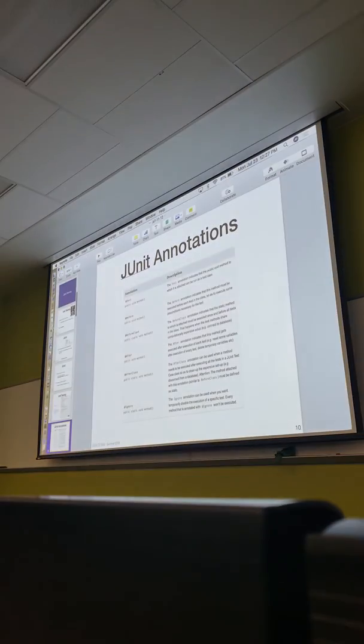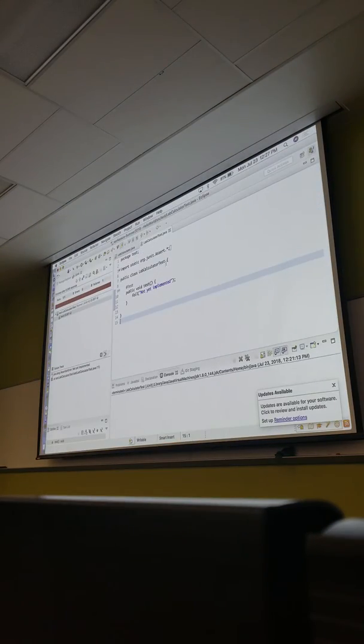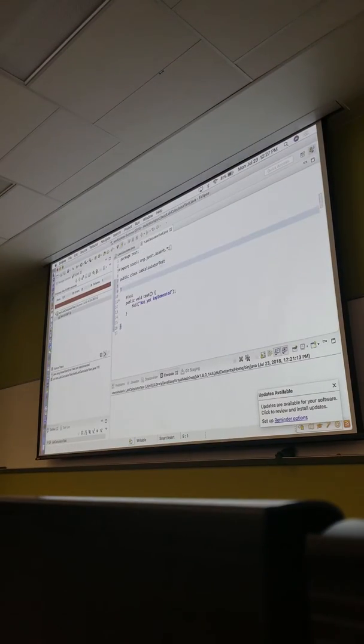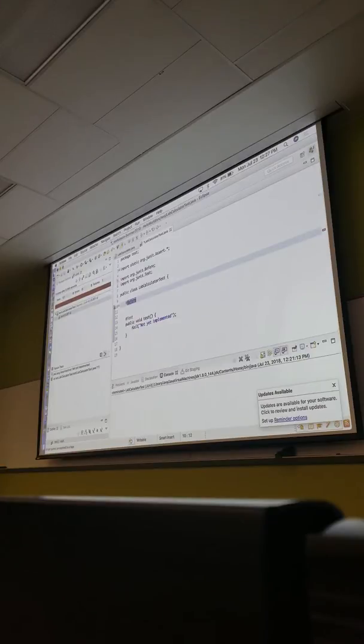Let's pop back over to Eclipse because it's a little bit easier to see. So let's say I'll go ahead and add my lab calculator test. If I use this @Before, it means that I'm going to have something, and again, these all need to be imported. So I need to import from org.junit. I'm actually just going to do this because we're going to need to do it for each one of them. Might as well take everything at once. So @Before, I can have a public void